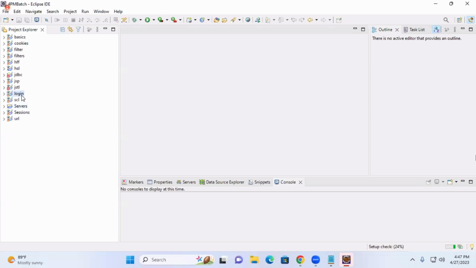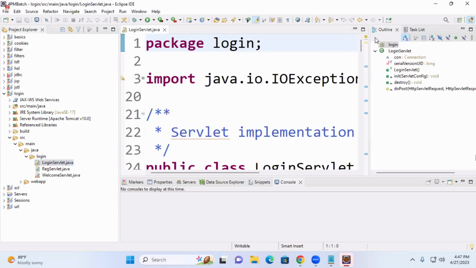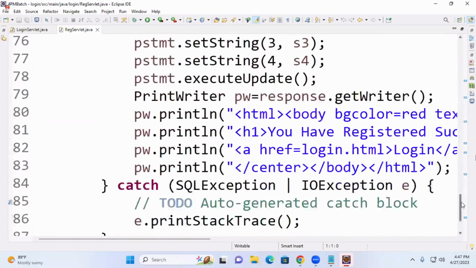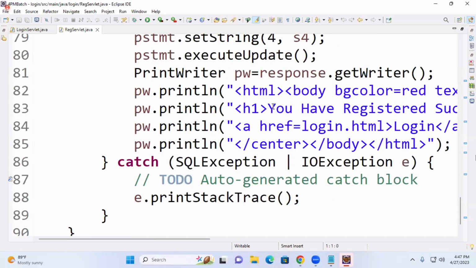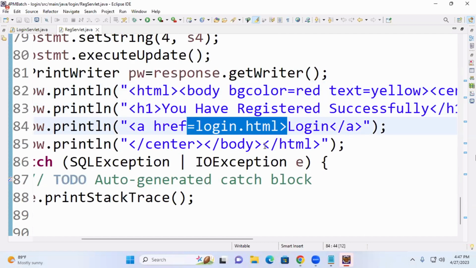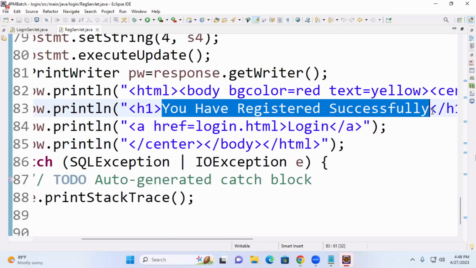Suppose a login. In this, some Servlets are written, for example a login Servlet or a registration Servlet, any Servlet to understand. Here we are displaying "You have registered successfully." This we are designing with HTML code. It is nothing but presentation. You have registered successfully. Login